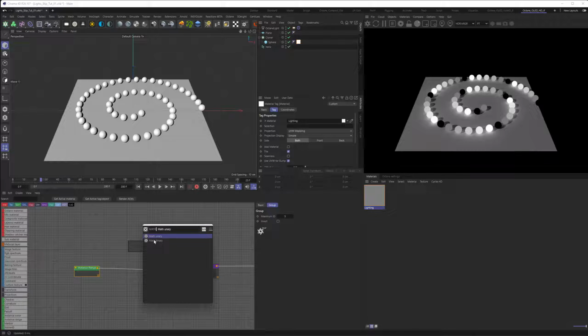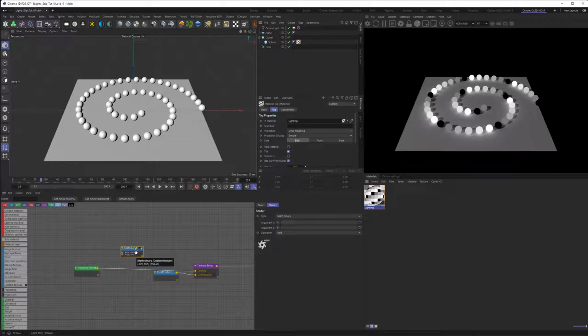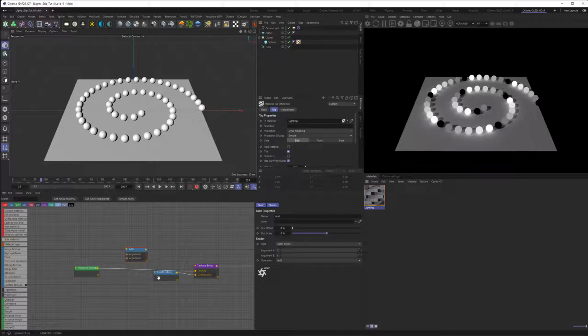There are actually two different types of math nodes in here: unary and binary. Unary just takes one value to do math, and binary takes two. Since adding stuff together takes two inputs, I'm going with the binary option here. Let's get this going, and it's already set to add. Let's also make it our habit to name those, so we have a better overview later. Okay, so we have an add. We will duplicate this node and use it as additive to that other one. So let's just do this and put everything together.